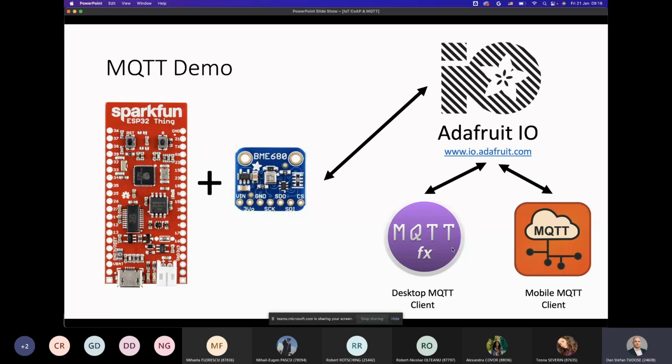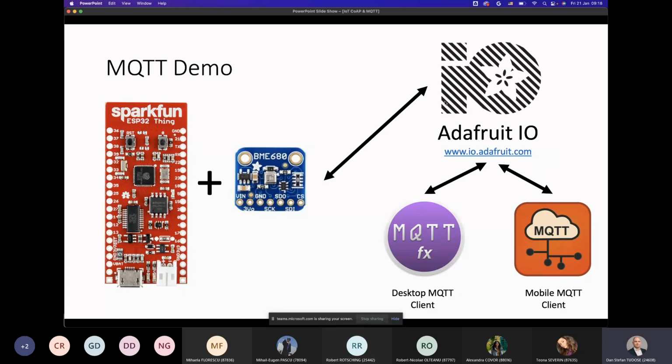We can also use clients. You can use a desktop MQTT client to connect to the broker itself and send information to the broker that will then be sent to the board. Or you can even use a mobile MQTT client on your phone to query the board and to send commands to the board.